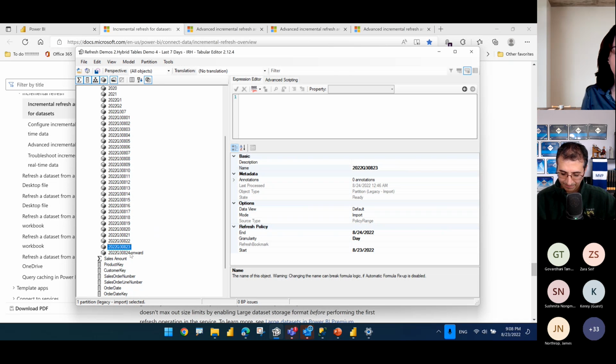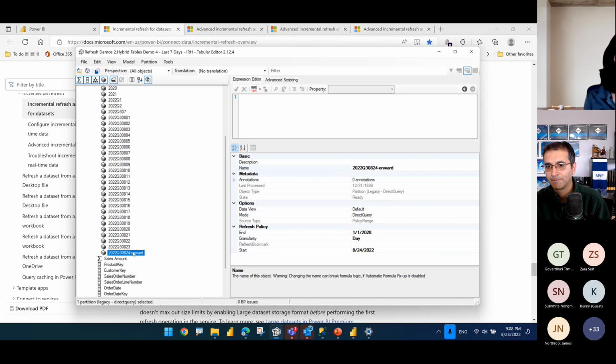And then one more thing is that just like with Analysis Services, you can always create your own partition. You're not bound to this. You can create your own partition, but then you have to be careful next time you publish. You don't want to overwrite it. So the moment you get into partitioning, you have to separate your visuals and your reports from your model.